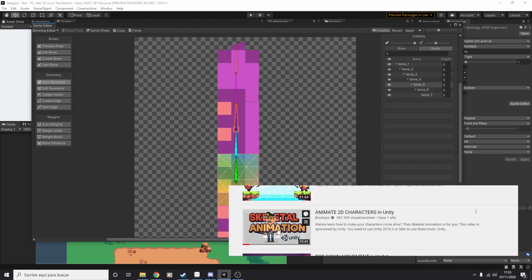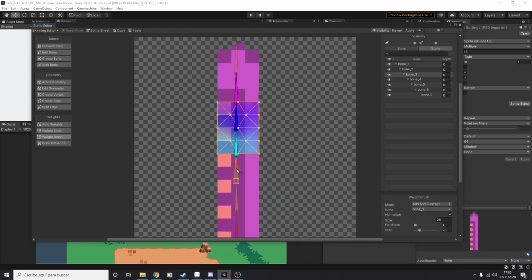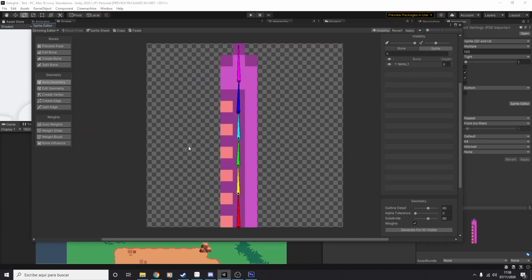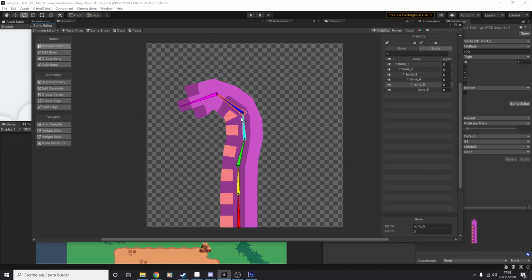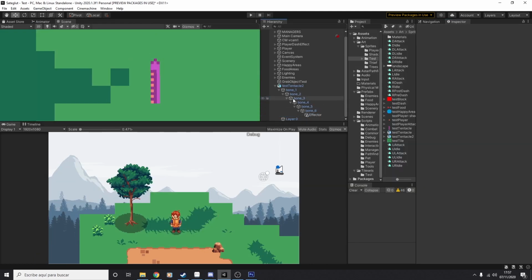Blackie's Come to Rescue with an awesome video. I will leave a link in the description. It turned out to be a fairly simple tool, and soon I had animated tentacles. I think it doesn't look so bad, right? It's not pixel art, but I think it will give an interesting effect to the tentacles.